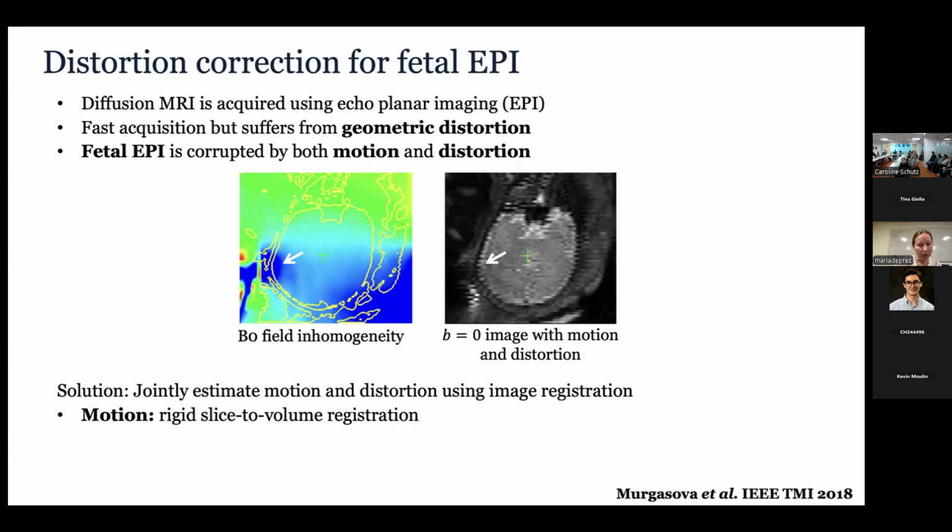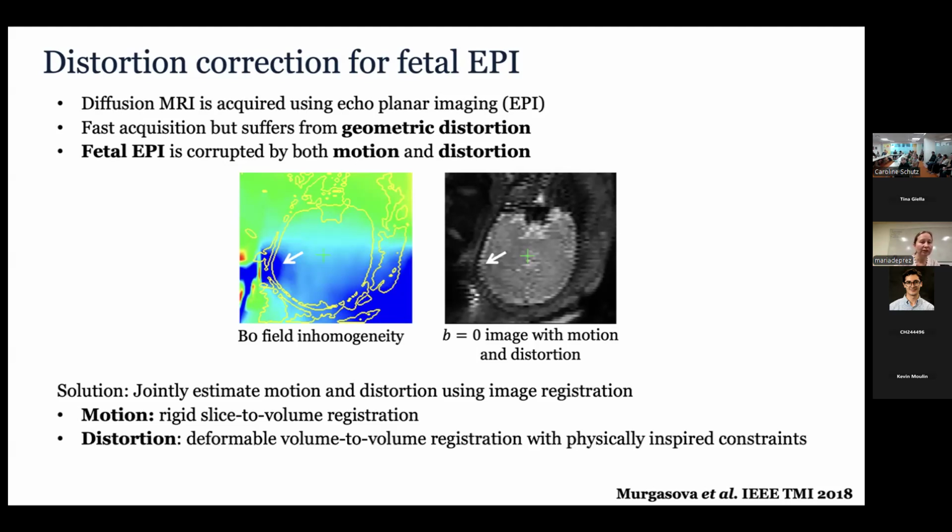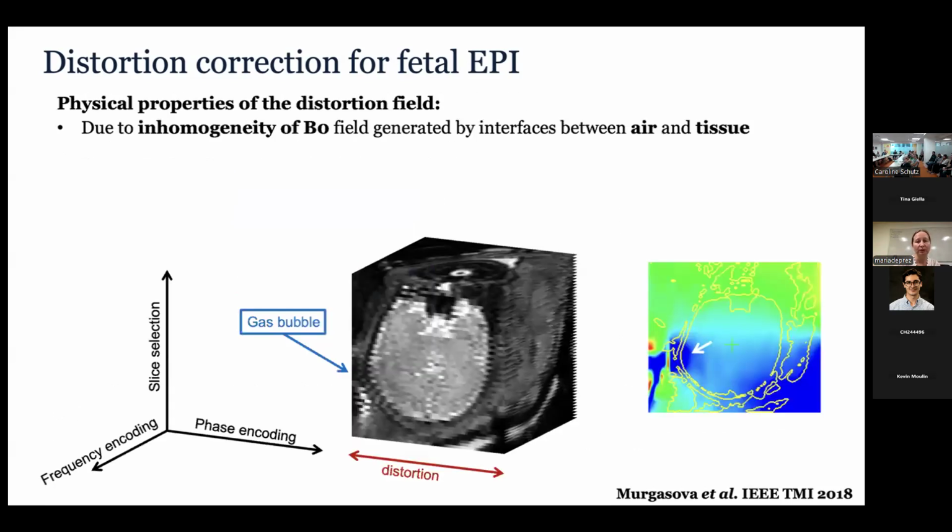So motion will be corrected as before using slice to volume registration, and distortion will be corrected using deformable volume to volume registration, but I will show you how we need to constrain this registration based on MR physics for it to work properly. So to do that, we need to understand what B0 is, what inhomogeneity looks like,